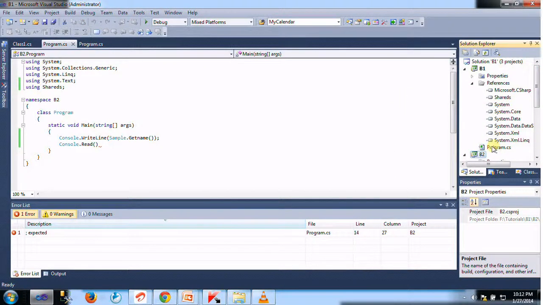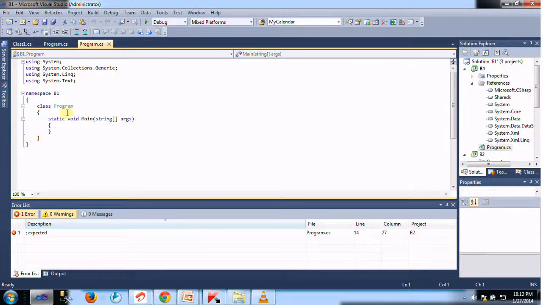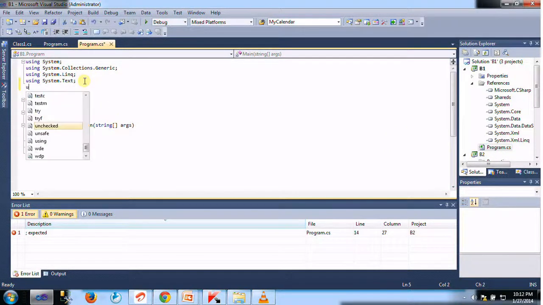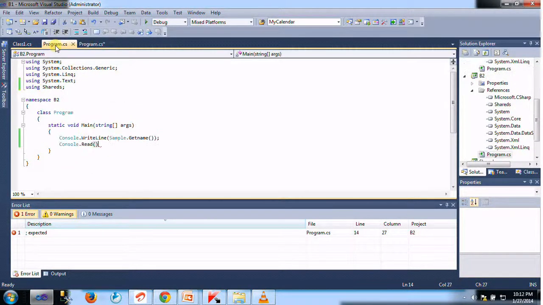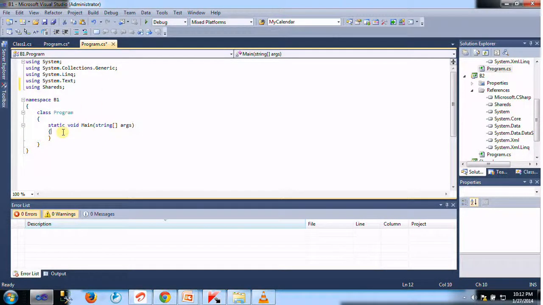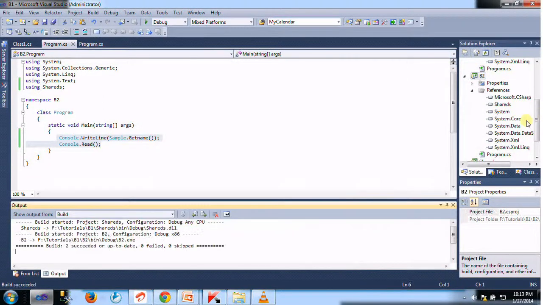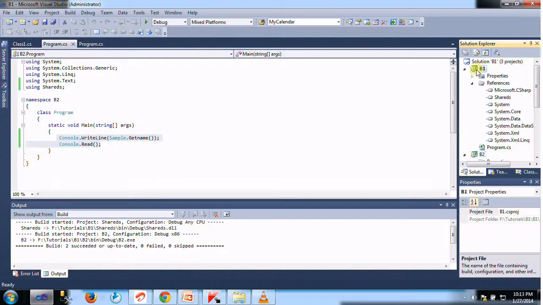And in our P1 console application you also import these shared assemblies and paste the same code here. And build these solutions, P1 and P2.